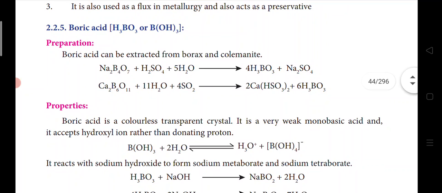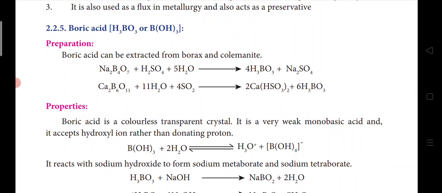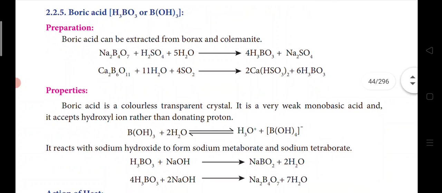So we have been discussing this lesson, P block elements 1. Last class we discussed the group 14 elements and then the allotropes of carbon. Today we are going to see the compounds of carbon like carbon monoxide, carbon dioxide, and then silicon tetrachloride, silicones and silicates, their preparation, properties and uses. Before that, we left out boric acid, which is in between. We'll cover that alone today and then continue with today's topic.